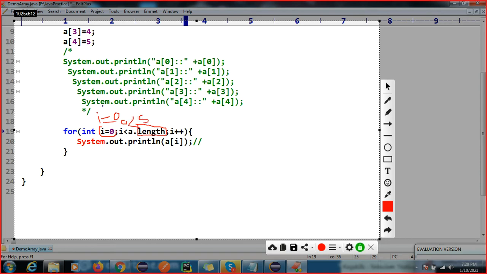So what happens in the first iteration? Only the initialization happens, and then it checks the condition.